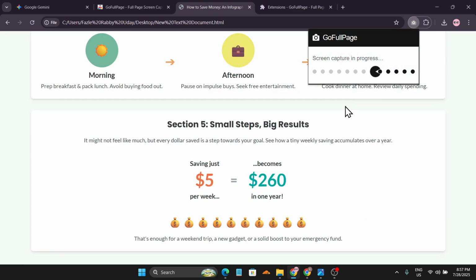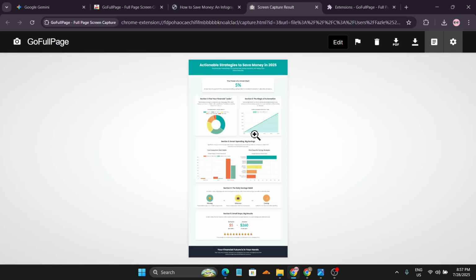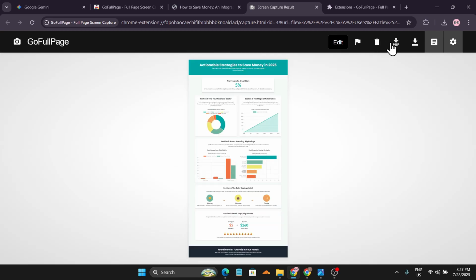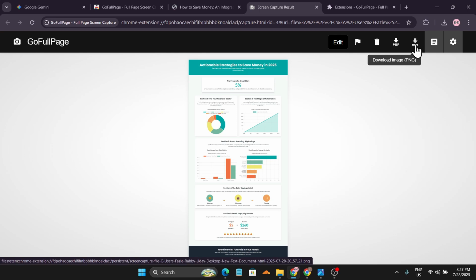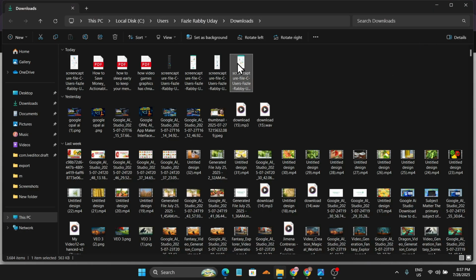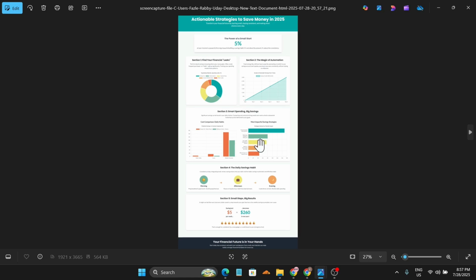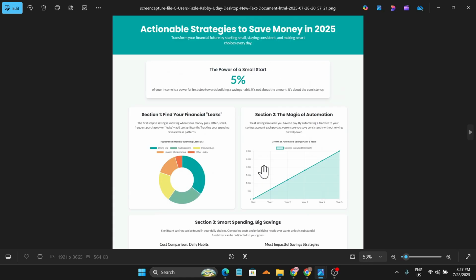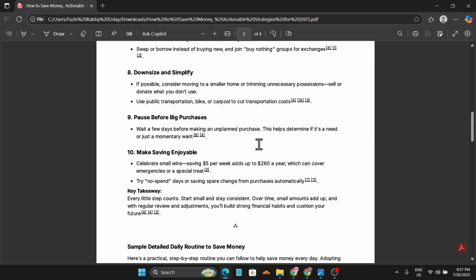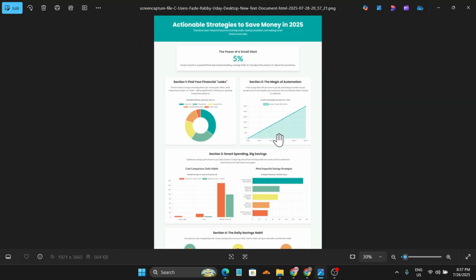And it will start to screen capture your whole website and turn this into an image, as you can see. To download this, just go to this right corner here, you'll find the option called download image as PNG. Also, you can download this as a PDF. I'm just going to download this as a PNG. And now as you can see, my infographic has been downloaded as an image PNG in my PC. So I just turned this boring PDF into a visual infographic like this with the data that I have on